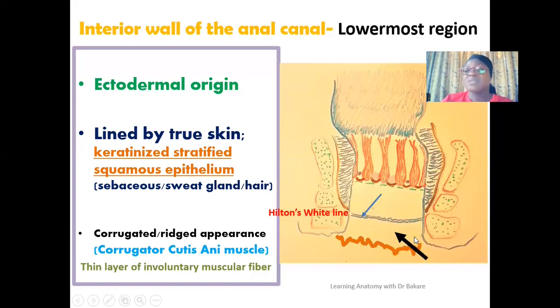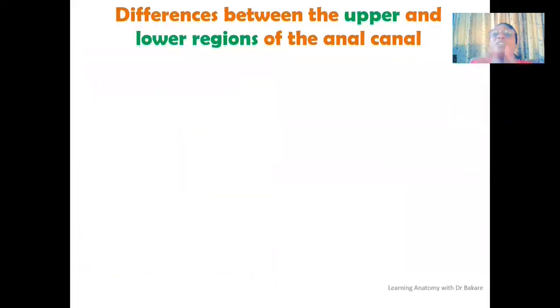And that is what is responsible for the formation of the corrugated appearance that is seen at the outer presentation of the anal canal. So having gone through the different regions of the anal canal, we know that the anal canal is initially divided into the upper two-third and the lower one-third. So in this slide, we are going to be tabulating the differences seen between the upper two-third and the lower one-third